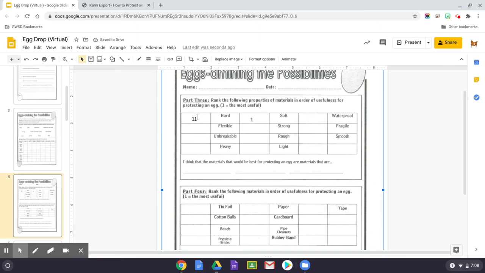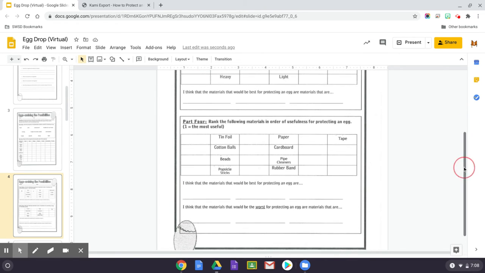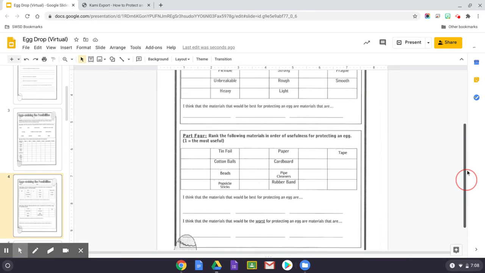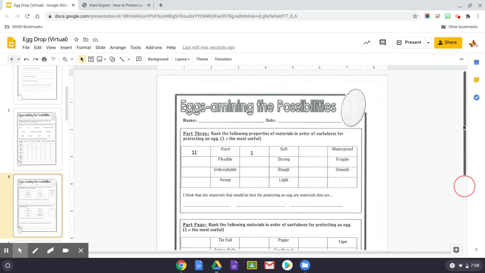And then you're going to put down here, I think the materials that would be best are this one, and this one, whatever is number 1, number 2, number 3. Same thing down here, except now you're ranking the materials. So if you look back over here, you already have your top characteristics. If you go back up to this table,